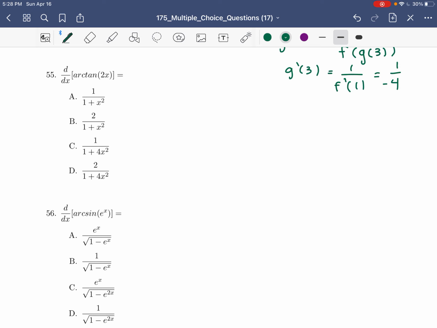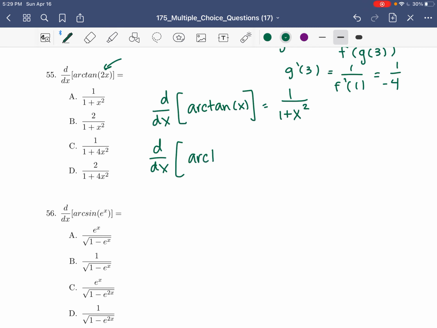55 and 56 are something else you have never seen before. So one thing you're going to need before being able to do this, the derivative of arctan x is going to equal 1 over 1 plus x squared. So that's just something you have to memorize. So looking at this, since ours is arctan of 2x,